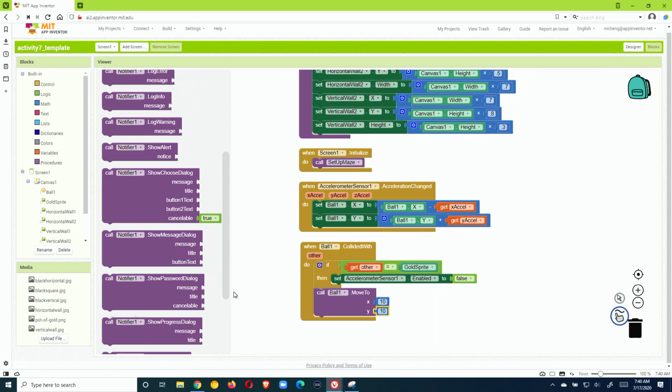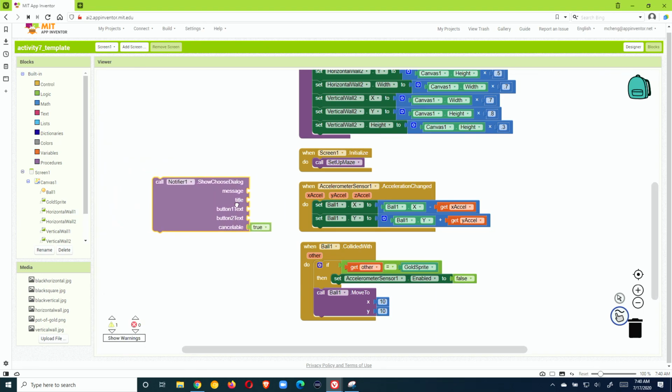So call notifier, we'll drag out the notifier one.choose dialog block,